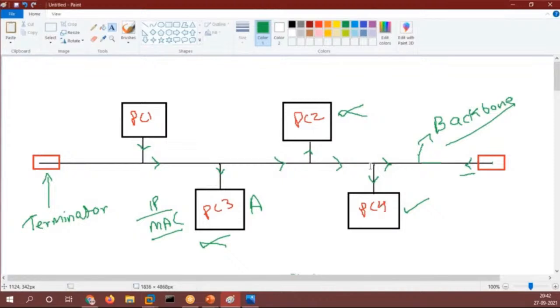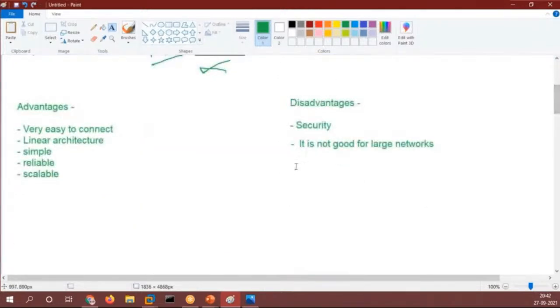Your speed will be slow, right? And what else will happen? It cannot handle more devices. So if more than one communication is going on in the network, collision will happen, right? So it will be prone to collision. Correct, Mr. David? Right?